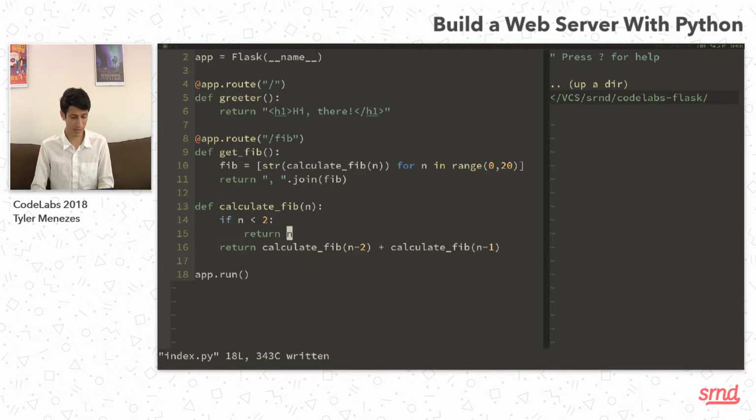Okay, so we get this getFib function. Now we've got this function that's a little bit more concise, so that we can actually really see what's going on. And you could leave it the other way. I just wanted to make it this way so that you could see what's going on in one line. This only returns the Fibonacci sequence for the first 20